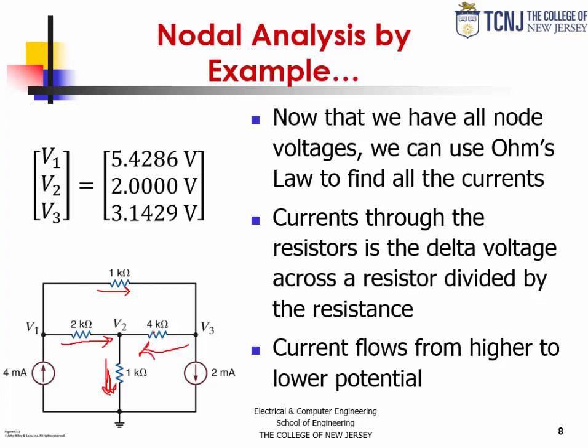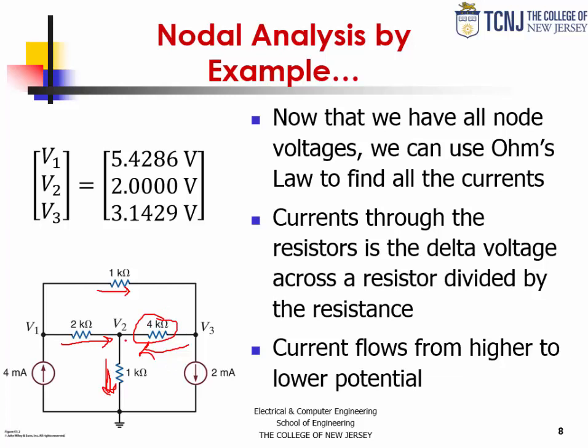And that gives me the real directions for all the currents. What else do I know? If I want to know what is the actual voltage across this resistor, then I would take V3 minus V2, and that would be the actual voltage because V3 is higher than V2. So the actual voltage across this resistor is